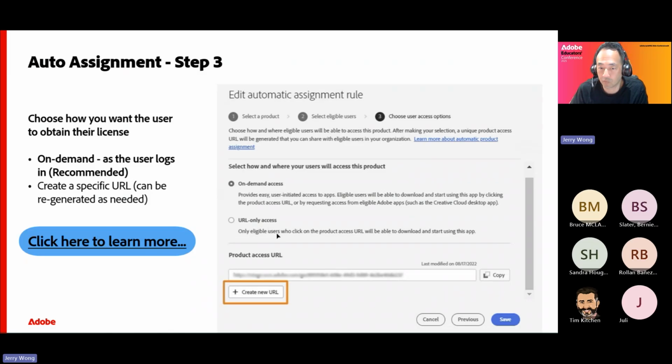So if that, for whatever reason, gets to an external party, or someone that shouldn't have received it, look, if they are not a user on your console, they will not be able to get a license, right? And if you've provided that URL to a specific group to activate them for a particular project, for example, you can always regenerate that URL and start from fresh again. So it's very flexible and very easy to set up. Please do have a look at that. There'll be information provided on this as well, but very easy, 3 steps, and you're ready to go.